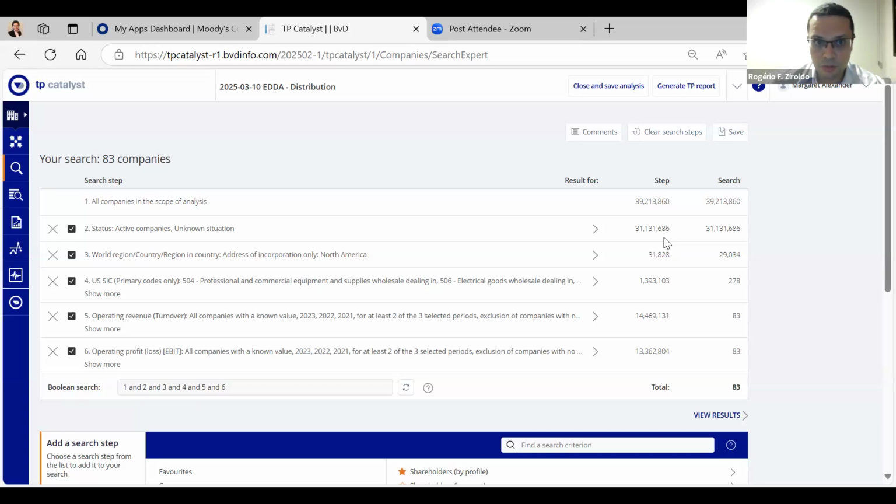But if you do need to make a TP adjustment, you need to calculate by the median of the interquartile range. In my view, this seems a little bit hard on the taxpayer, and I would like to hear your opinion and your experience. Is this the same approach of the US tax authorities and other jurisdictions? They require you to go for the median when you need a transfer pricing adjustment?